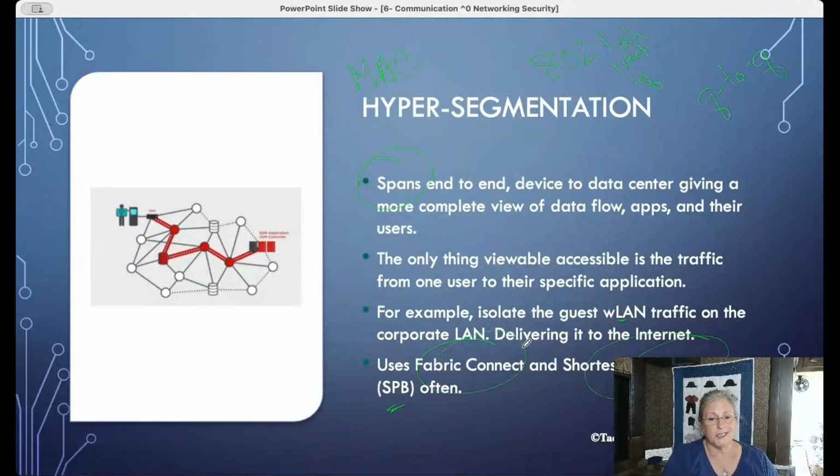So hypersegmentation, if you like networking, that'd be something to dig into. If you don't, a small idea of it for the test right now, I think is good. It'll be a couple years before this thing actually goes further, and where it would go further is really in the CCSP test and the cloud test, not in CISSP.